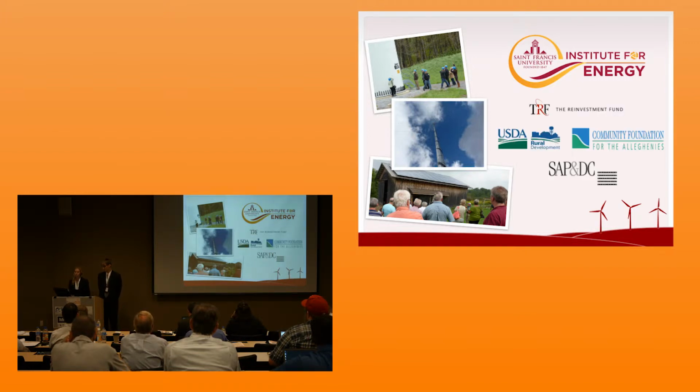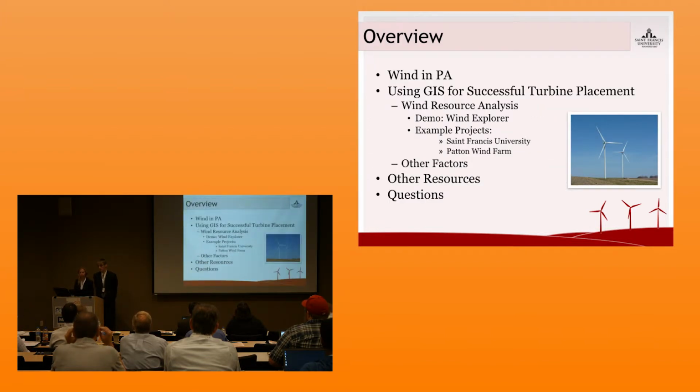We're currently funded through the Reinvestment Fund, but our previous funders include the USDA, Community Foundation for the Alleghenies, and many more. So we'll take a little overview look here of wind energy in Pennsylvania. Then we'll focus on how GIS can be used for successful turbine placement. We'll show you our interactive online wind explorer, which you can access through our website, and we'll get an example project. We'll look at some other factors used for turbine placement, look at a few resources, and then take your